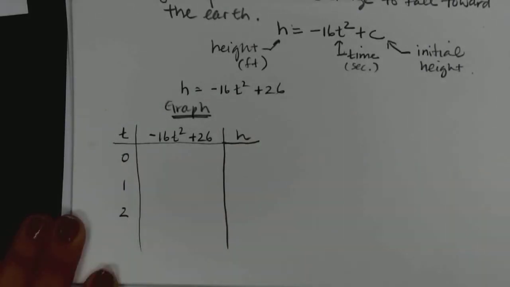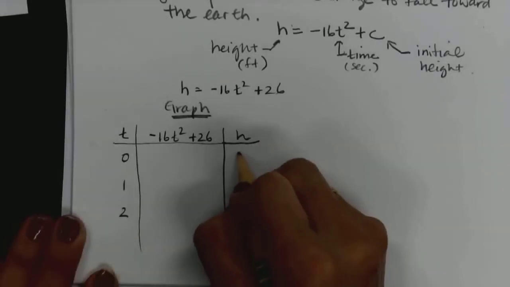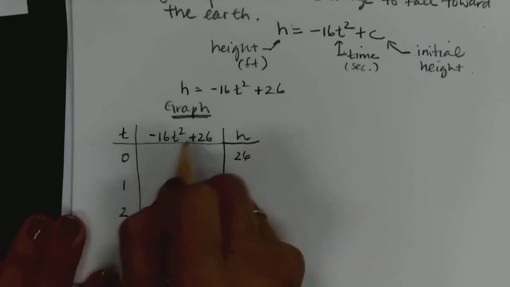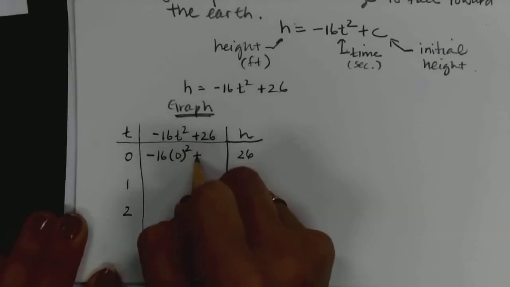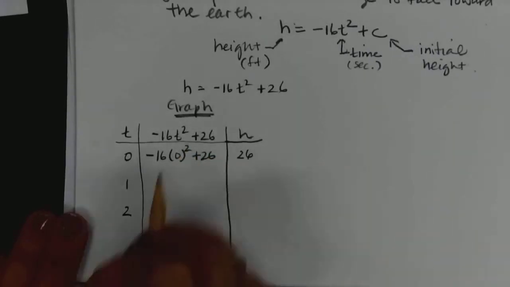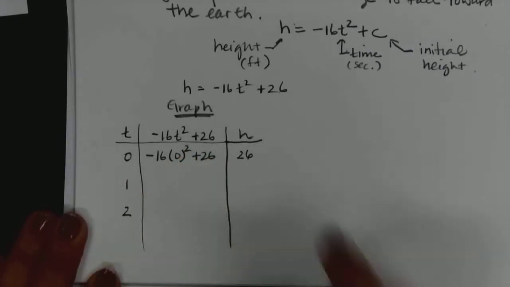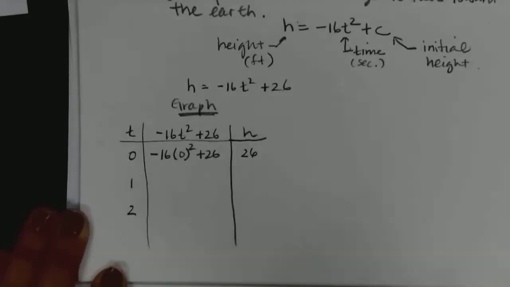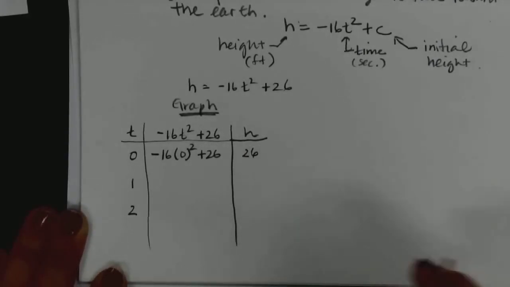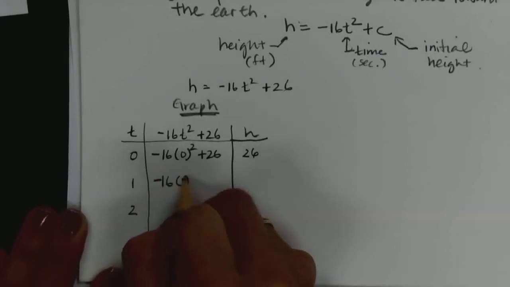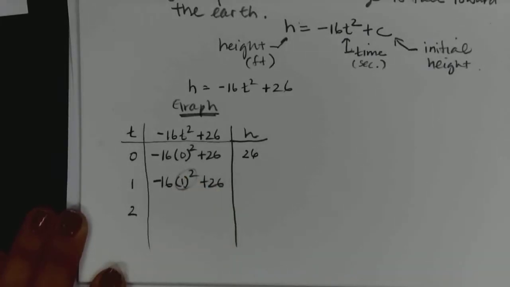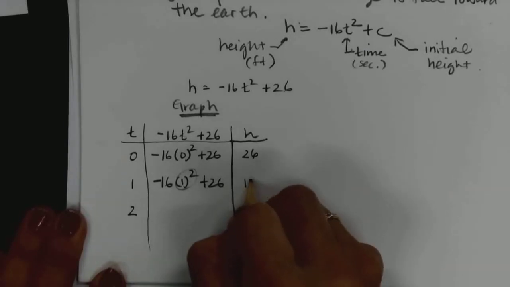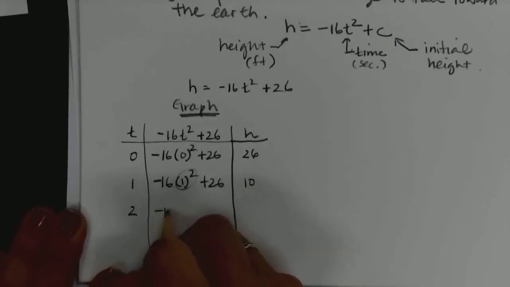So at t equals 0, how high was the orange? 26. So this will be automatically 26, because look what happens when I plug in 0. Negative 16 times 0 squared plus 26. What's 0 squared? 0. Times negative 16 is 0. 0 plus 26 is 26. That's why the initial height is 26 at t equals 0. Okay. Next one is negative 16 times 1 squared plus 26. 1 squared is 1. 1 times negative 16 is negative 16. And negative 16 plus 26? 10. And then at t equals 2,